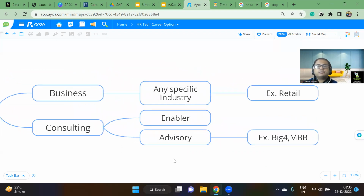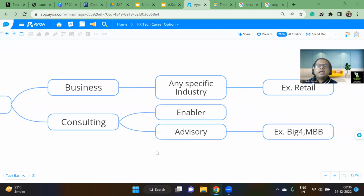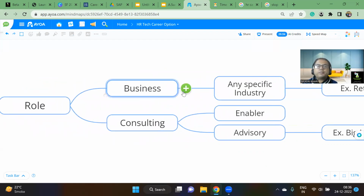Again, in this, there are multiple options when it comes to roles in consulting. Now, coming specific to this, whether it is business or consulting, you will be having, from a module point of view,